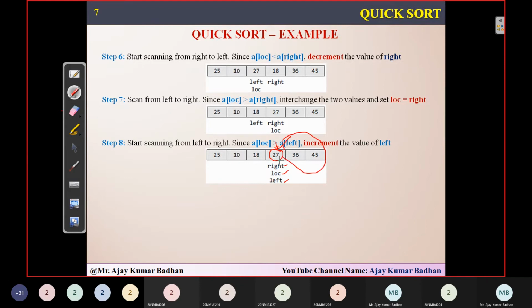Now you can see that this pivot point has divided or partitioned this particular array into two halves. The first half consists of elements less than this, the next half consists of elements greater than. So the right portion of the subarray consists of elements greater than 27, and the left portion consists of elements which are less than 27. Now what we are going to do, we will apply recursion as per the steps, and we will solve these three first. After solving those three, again we will be solving this one, and finally you will be getting the elements in sorted order.